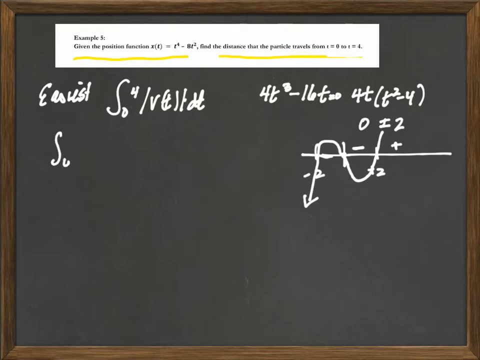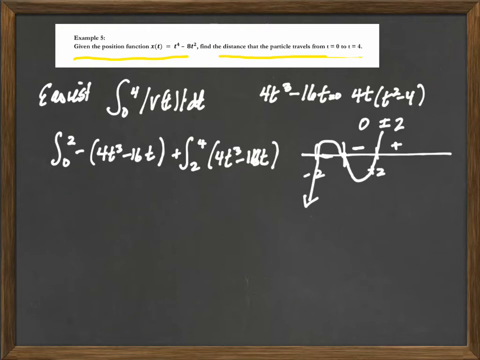We would say it's the integral from 0 to 2 of negative 4t cubed minus 16t, plus the integral from 2 to 4 of positive 4t cubed minus 16t. And so let's do the first one. It's a negative, and then that would be t to the 4th, minus 8t squared from 0 to 2,